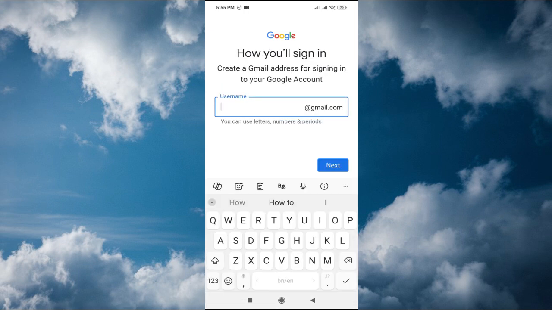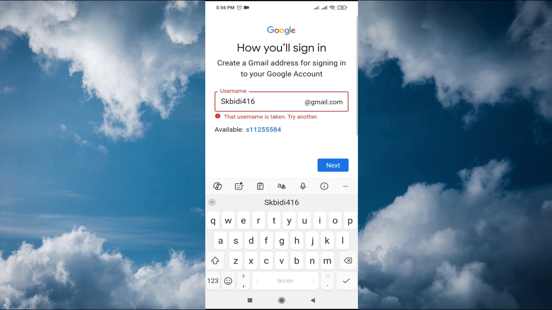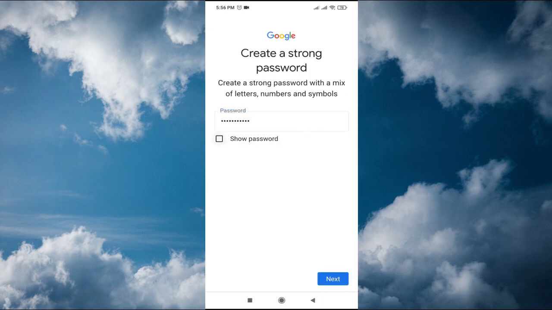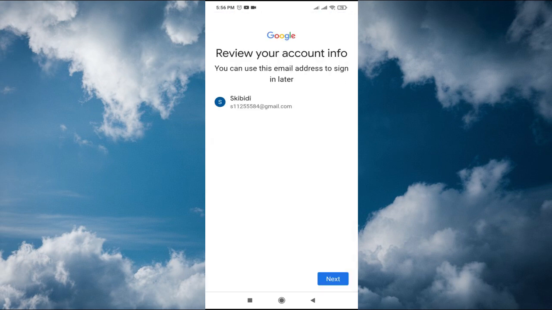Then you have to choose what kind of username you want. So I'm just going to fill in this. If the username is not available, it will tell me; this username is available. So I'm going to choose this and click next. And I'm going to create a password here. So after creating a password, I'm just going to tap next, and as we can see, my Gmail account has